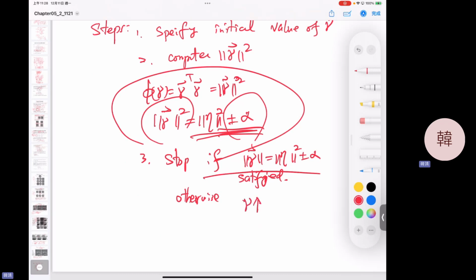So if we find the gamma vector is smaller than this one, because it has not achieved this one yet, you are going to increase gamma, because we assume it's monotonic. When it is less than, it is still not approaching the result, so you increase it, or decrease your gamma if